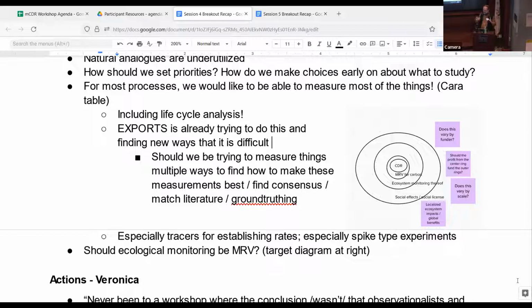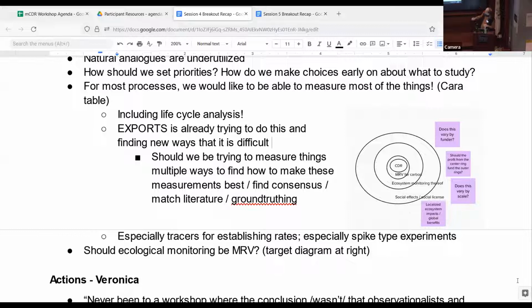But that gave us a way to think about, within the group, does MRV include the ecosystem monitoring? Where do you put that circle? And what we talked a lot about is, at least for the early part, you need it around that ecosystems monitoring. If we're going to do CDR, we need the carbon MRV and we need the ecosystem, but maybe that shrinks back over time. We need less of that because we've convinced ourselves that for a given approach, we don't need all of that. We did not end up deciding. In fact, there were differences of opinion on whether ecosystems was MRV or not. So we could all debate and fight it out, just leave it at that. But it was a way to visualize what we're talking about.